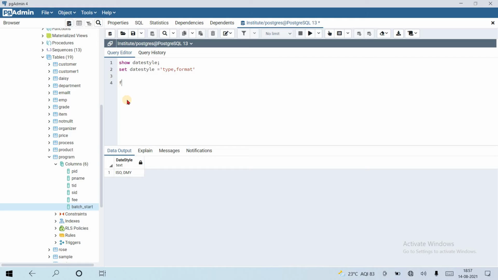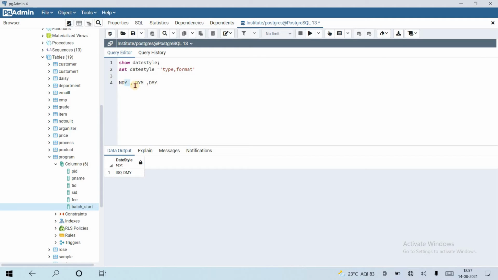The format can be MDY, month day year, or DYM, day year month, or DMY, day month year.